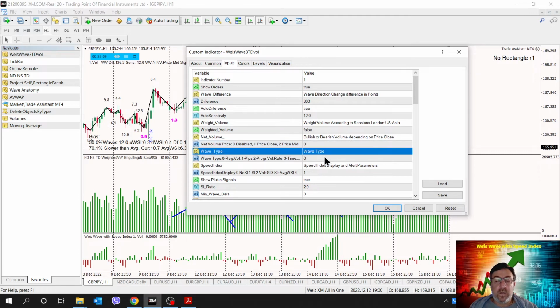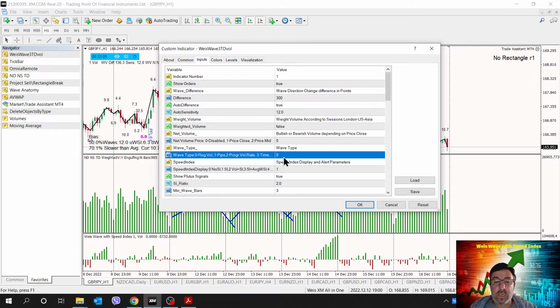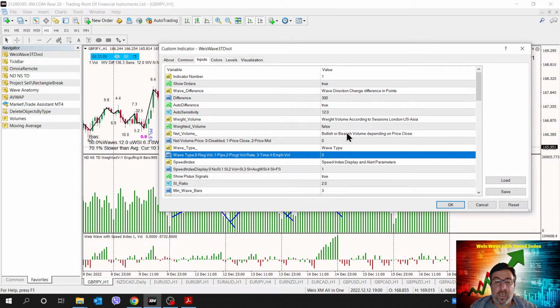The next is the wave type. Here we can decide what we would like to see as a wave type. Right now it's at setting 0, which means we will just see the cumulative waves of the regular volume. The indicator will add all the individual volume bars and create a cumulative wave.